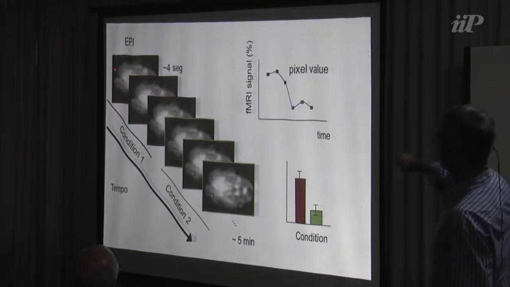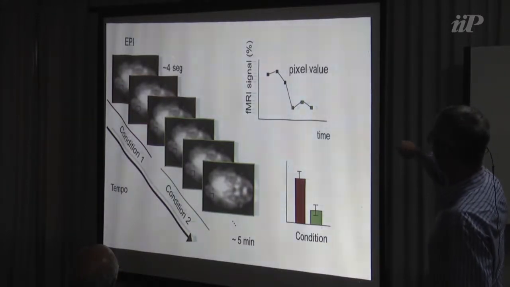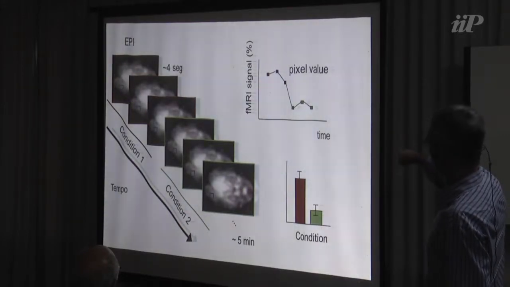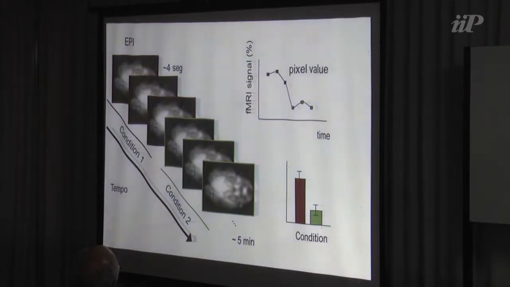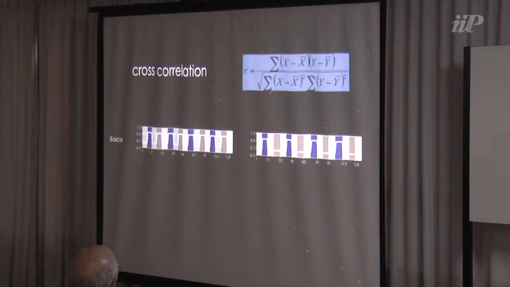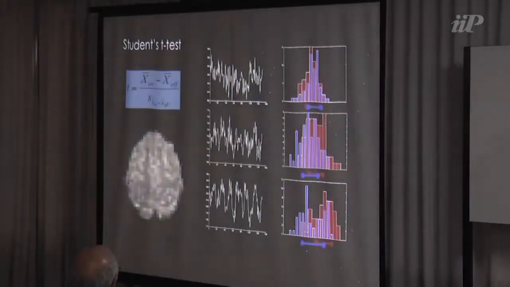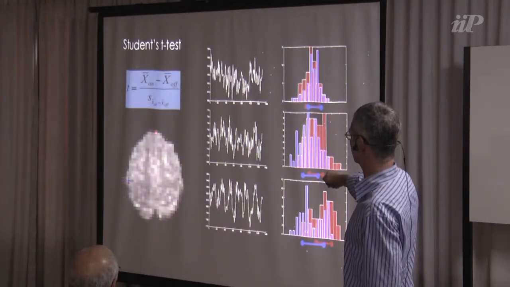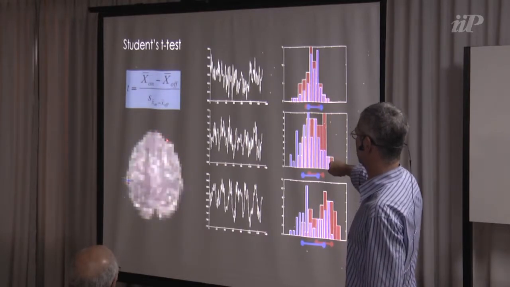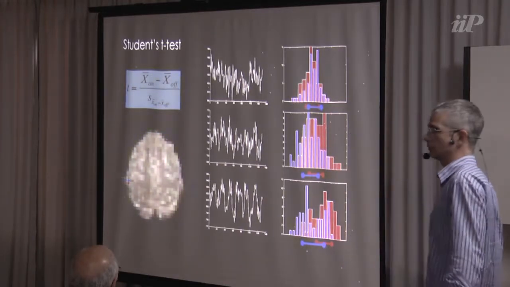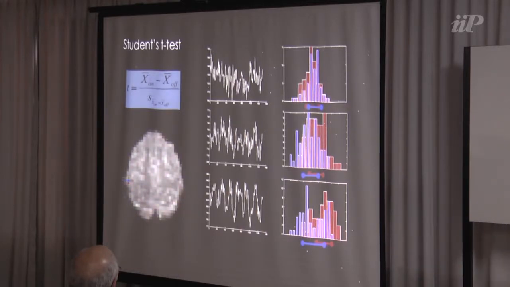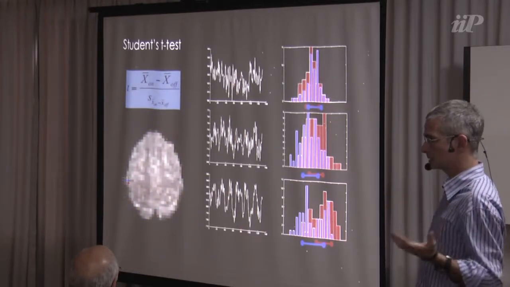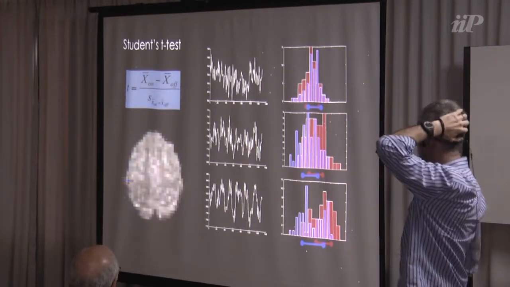You have a time series, and you collapse this time series into a single point. So you have an average, and then you have a second average. You do a Student t-test, and that's it. Your problem is solved, or partly solved. What is the main problem with this strategy? That you're doing that on individual voxels. So you have each voxel here, and you do a t for each pixel that composes your brain. And then you look for places where you had a statistically significant difference and so on.